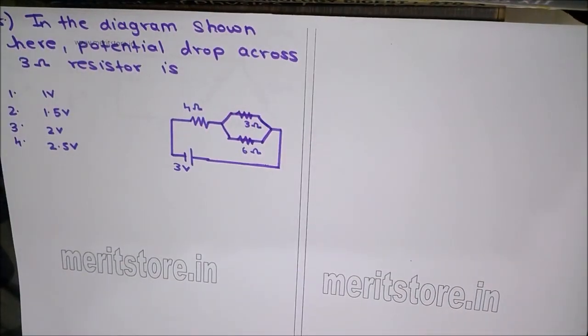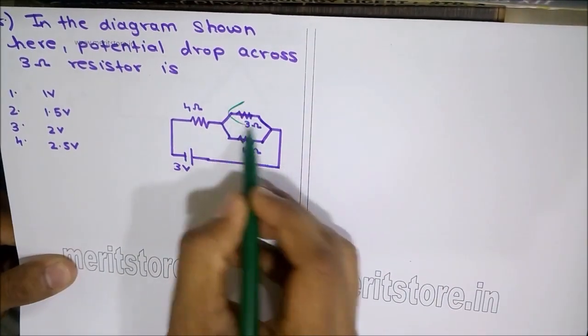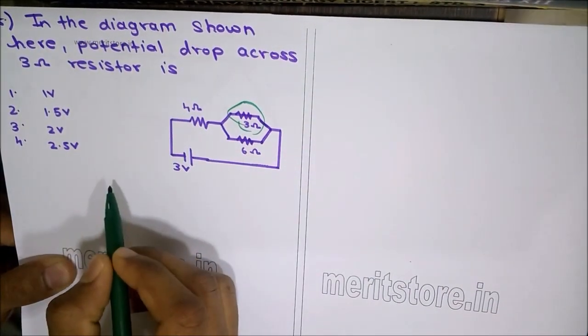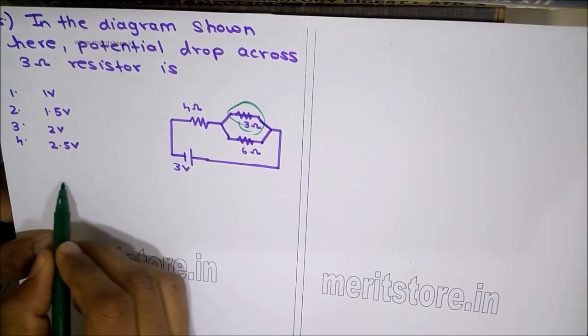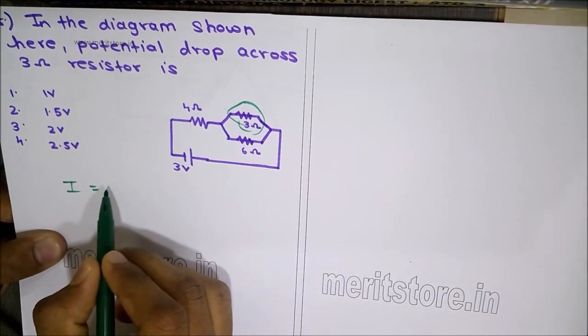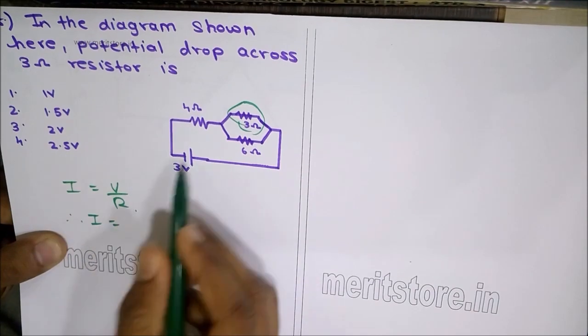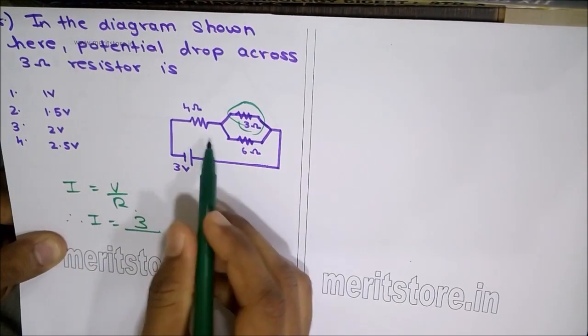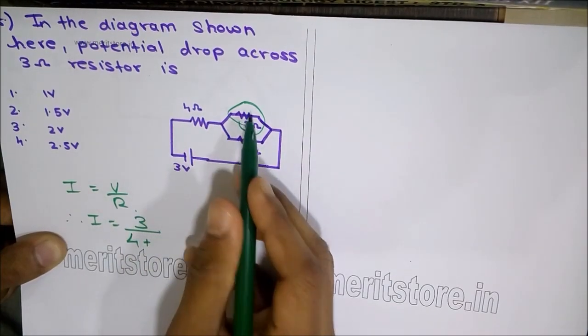In the diagram shown here, potential drop across the 3 ohm resistor is, we've got 4 options: 1 volt, 1.5 volts, 2 volts and 2.5 volts. In order to find out the potential difference across this resistor, what we need to do is find out the total current in the circuit. So I is equal to V upon R. I equals the potential 3 upon the external resistance of the circuit,